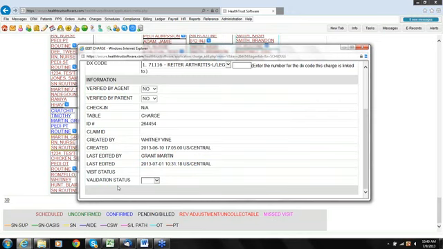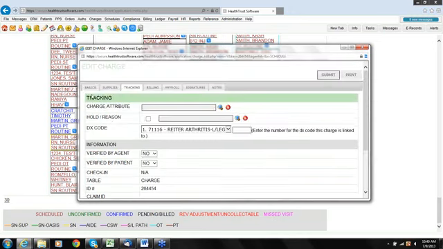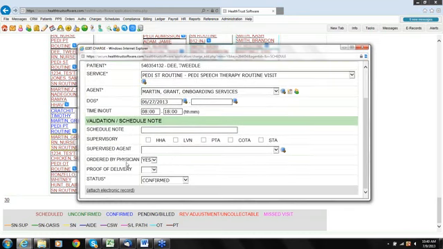Now since my visit here is showing up blank for the validation status, what this tells me is that someone has clicked on this visit and manually selected this confirmed status by using that drop-down box. That isn't necessarily a bad thing. That is the correct process if you're manually confirming paper notes from, maybe, contract therapists